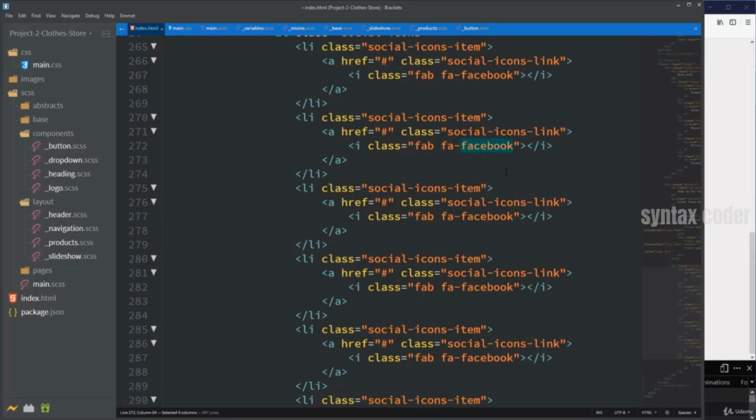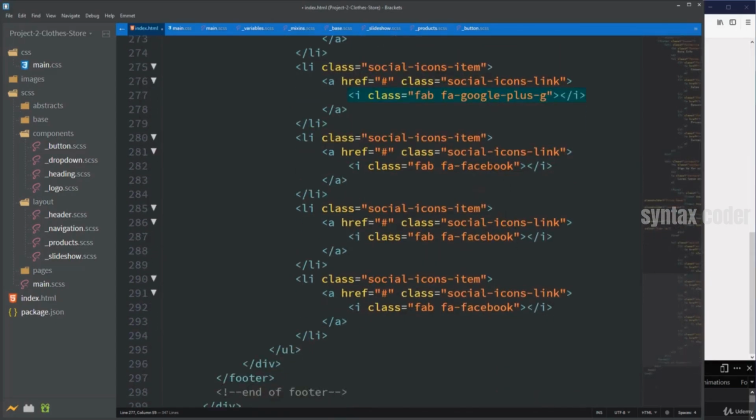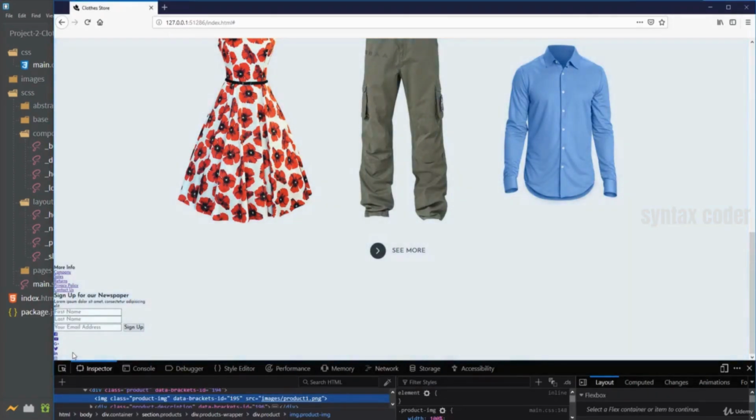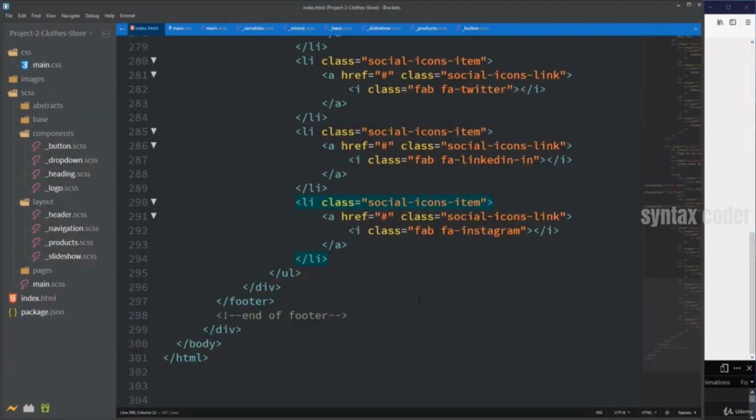class names. For second one we need YouTube. Next should be Google Plus G. Then write Twitter. Next one will be LinkedIn, in. And for last one, write Instagram. So here we have social media icons, and now it's time to create last part of footer, which is going